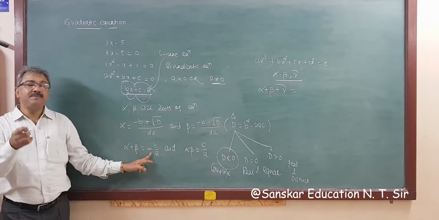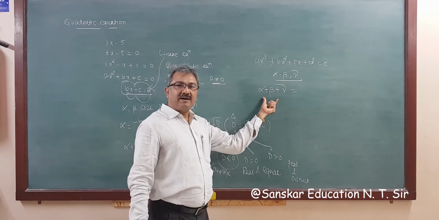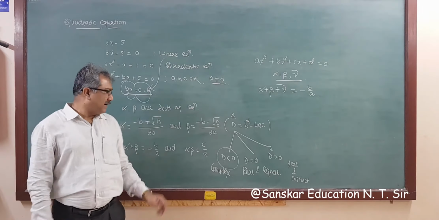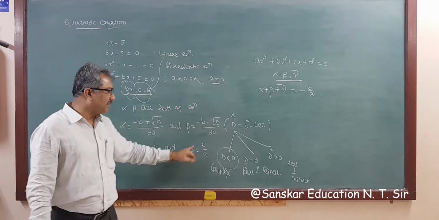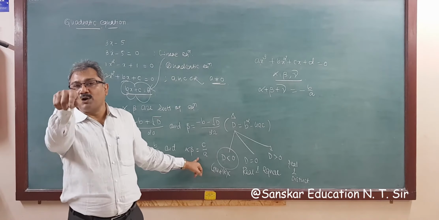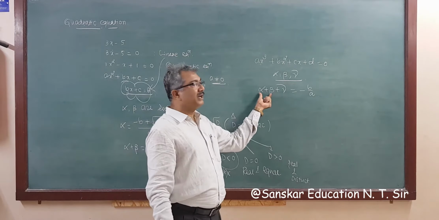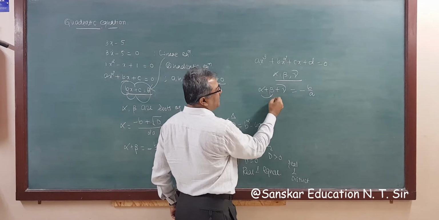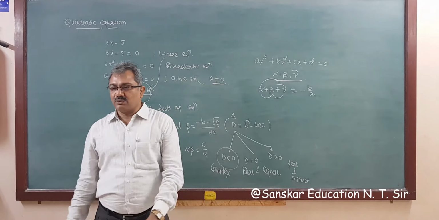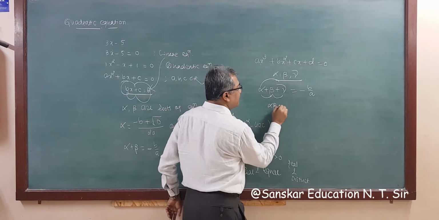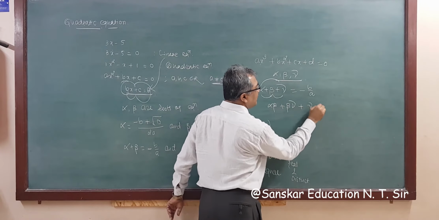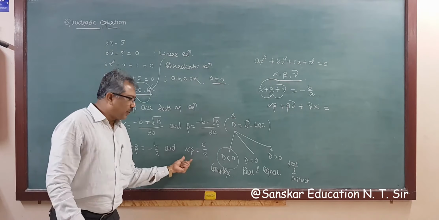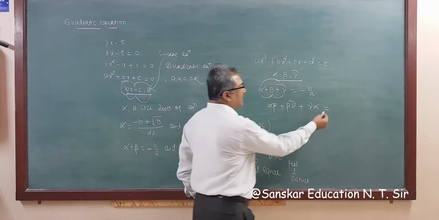Minus b upon a. So similarly here also, the sum of the roots alpha plus beta plus gamma is equal to minus b upon a, right? Now if the sum is minus b upon a, then the product is c upon a. Here there are 3 roots, so you have to take the product of 2 consecutive roots, that is alpha beta, beta gamma and alpha gamma. So the product of these is again c upon a, right?